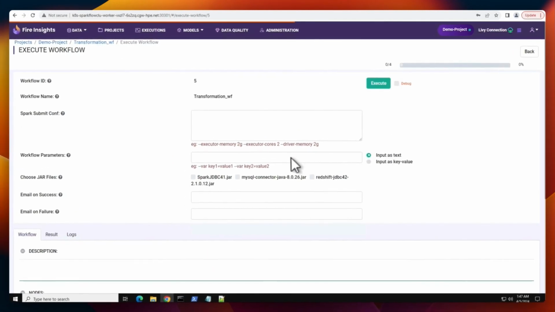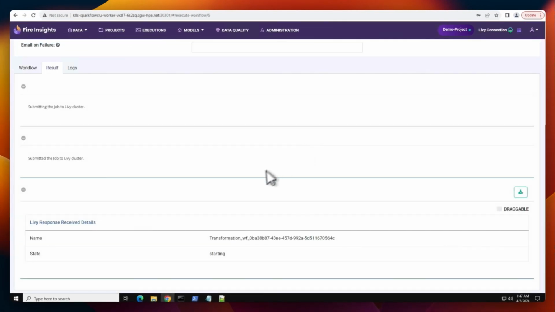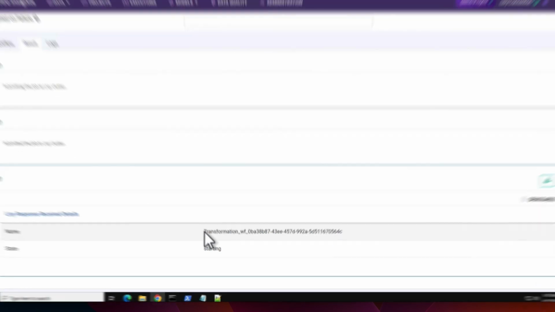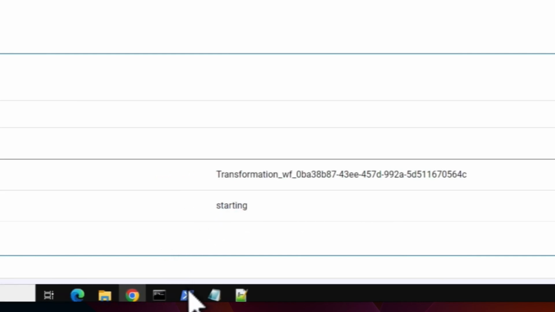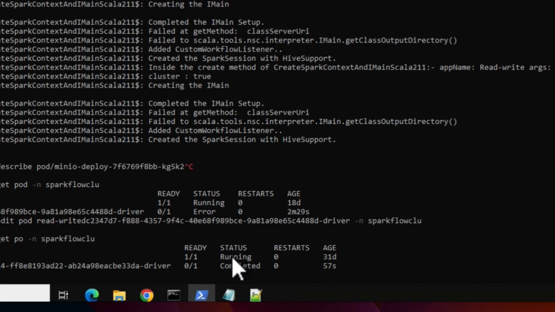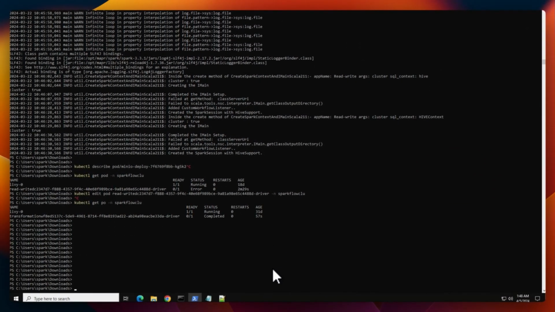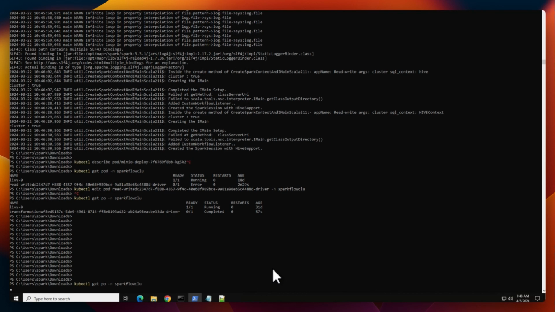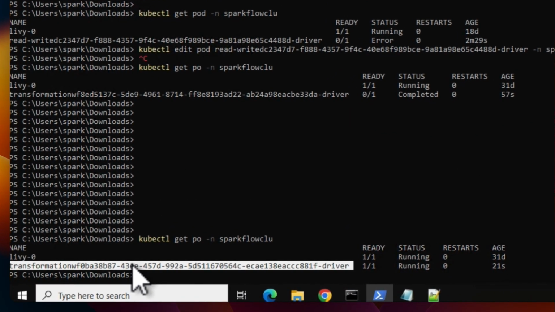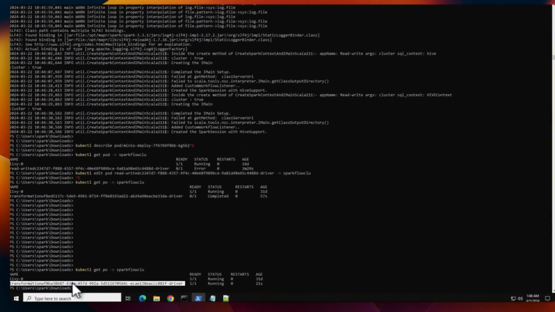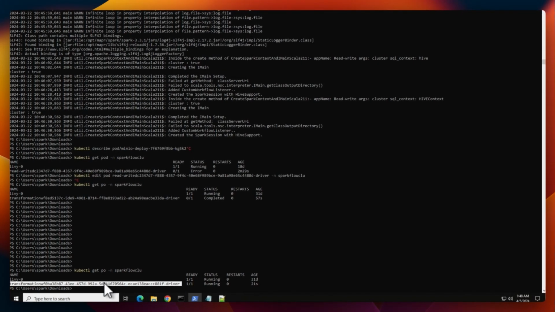And let's execute it. On clicking of the execute button, there is going to be a Livy job submitted, and we can see the Livy job ID over here. Let's validate it from the backend. As soon as we submit the job, there is going to be a pod that will be created, and you can see this pod which is responsible for executing our workflow. Let's go back to the screen,